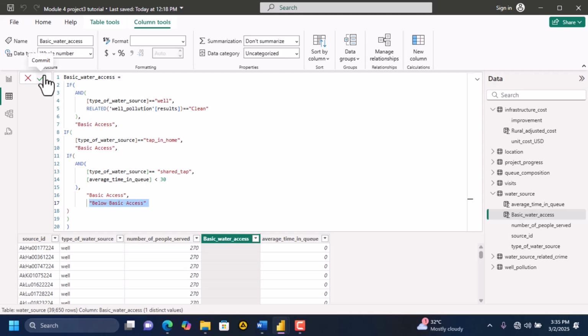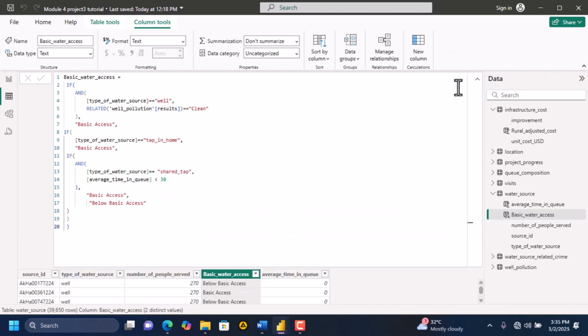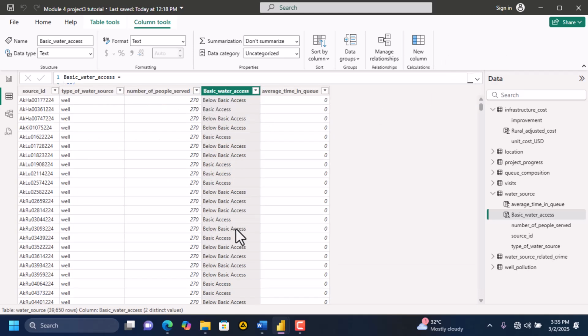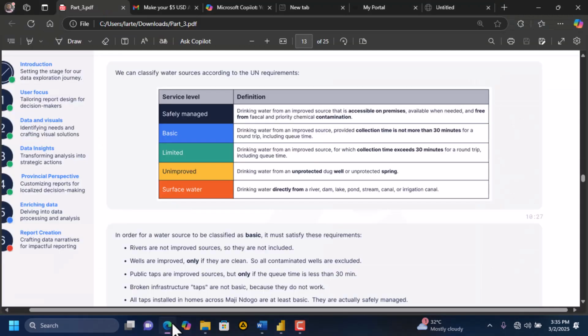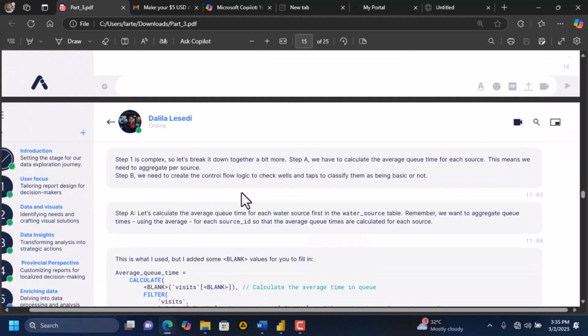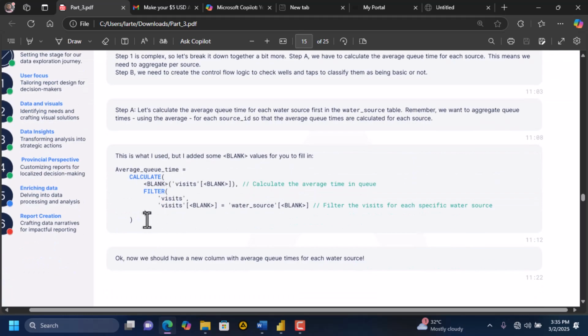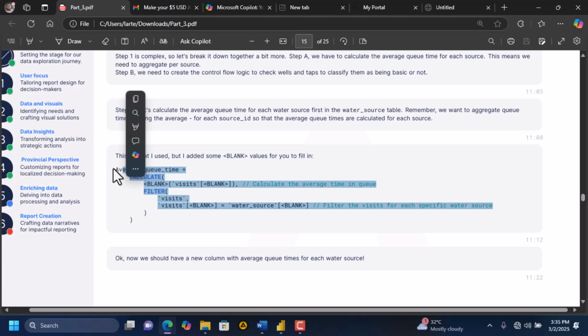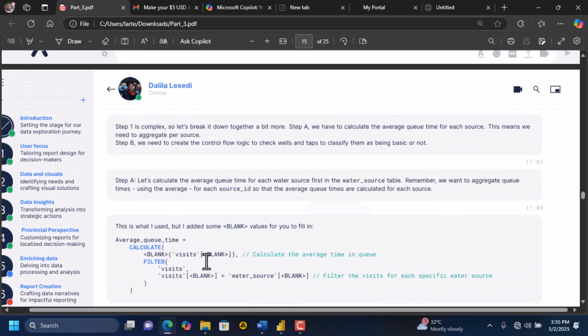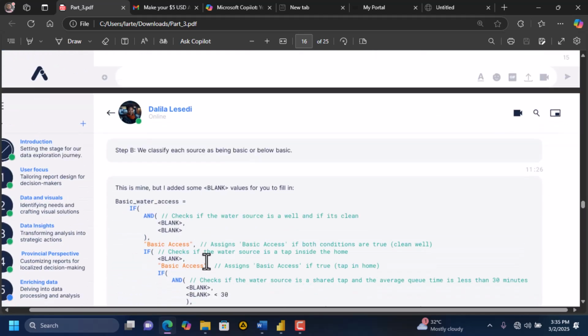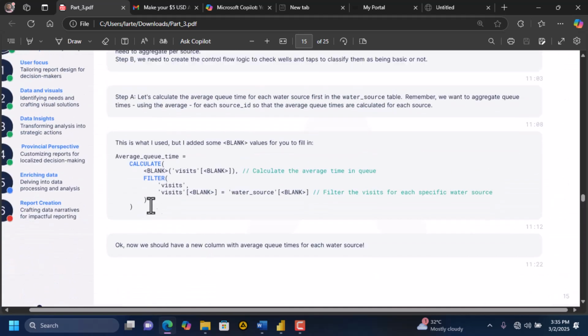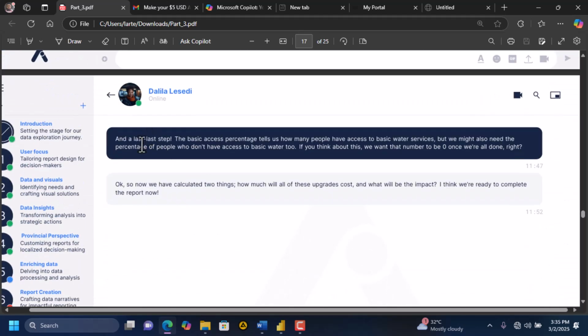So I accept, I commit it. So I've committed it and this is what I have. Good. Now, all right, I think it was even stated here, the average queuing time. Right, right. So they explain everything here and we have done it. So you first find the average queue time. And lastly, sorry, okay, now the final step is to create a new measure